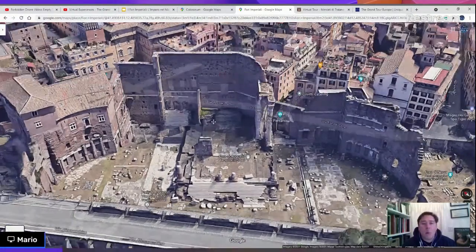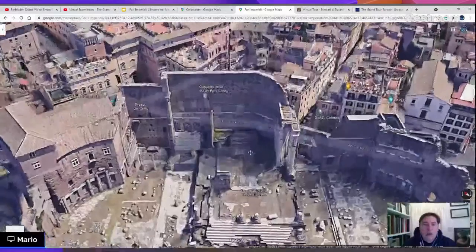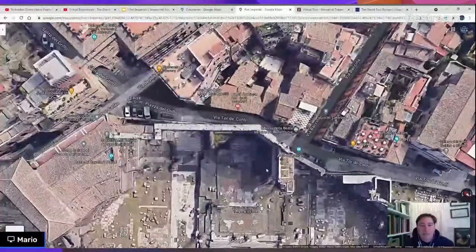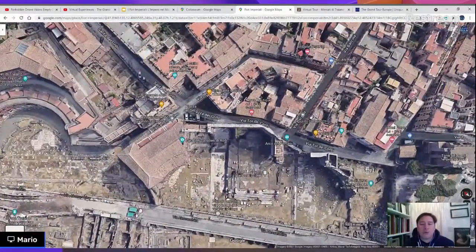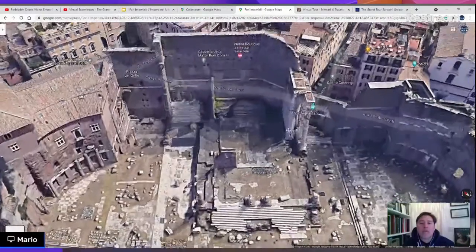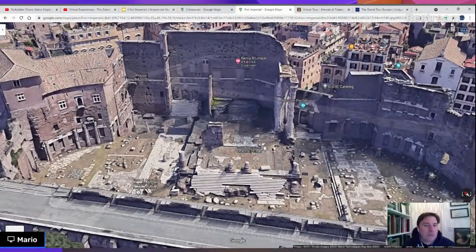And then you can see that the wall is quite strange at the back. It's very tall. It's got an opening here, and then it's got the marks of the buildings which were there. And also, it's quite irregular. You would expect it to be perfectly symmetrical. Even the temple has a corner taken out. The reason is that these lands were bought from private owners who were willing to sell without being forced to, and he didn't want to take the land off people who didn't want to sell, because he thought it would not be the best start for